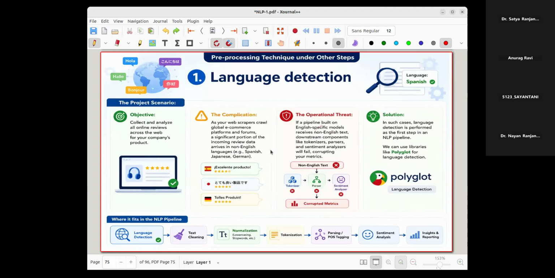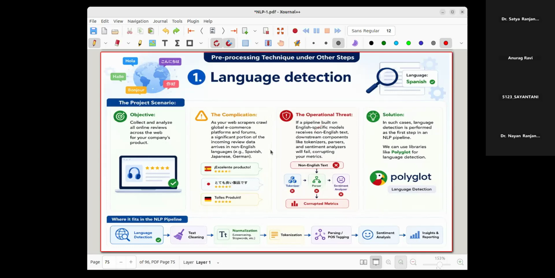Wherever it is required, they are very, very specific in nature. Wherever it is required, we'll use it. Otherwise, it is not going to be used. Okay, and also today we'll discuss the advanced part. Then we'll go for the embedding or feature part. Okay. So the first very fundamental pre-processing activity, which comes under the other steps of basic pre-processing, is language